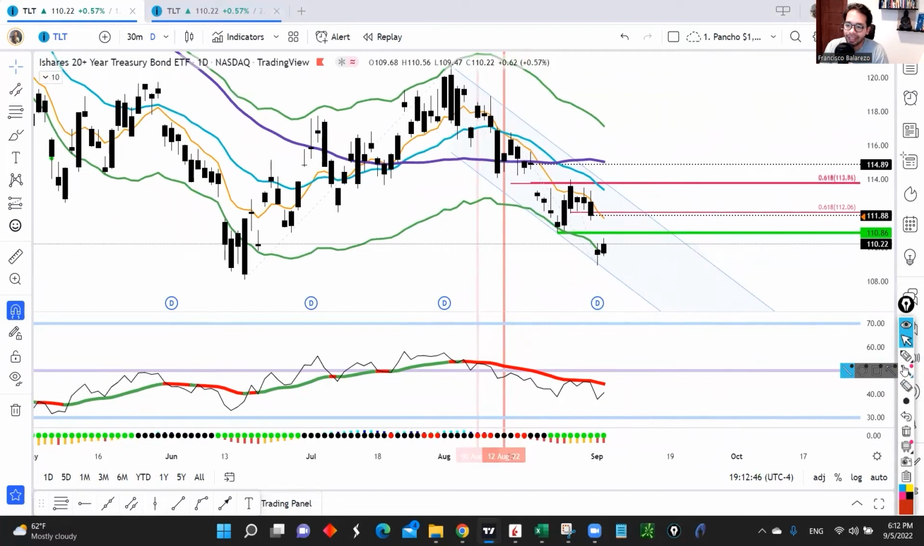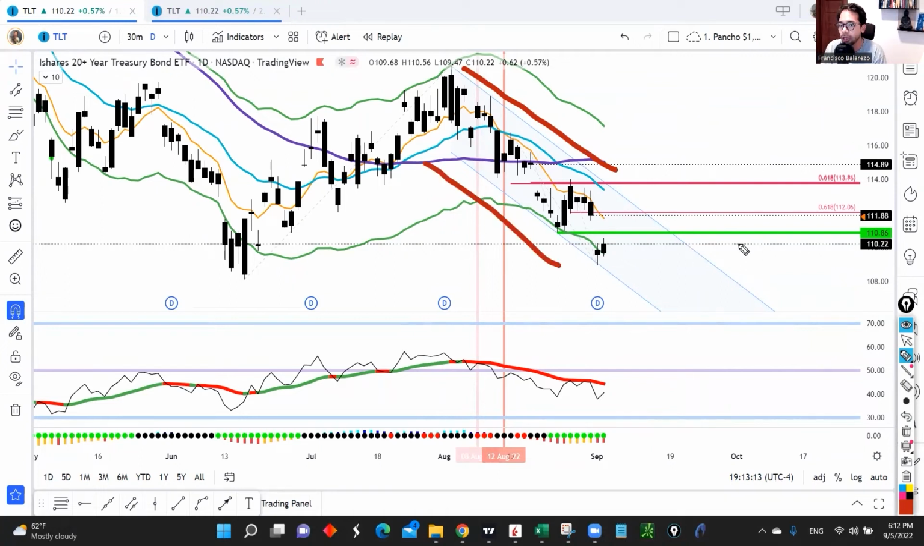So usually what happens is when we are changing the cycle, usually what moves first is bonds. So as long as bonds do not trend to the upside, I think that the probability of the market turning is really low. So just to look at the TLT quickly here,